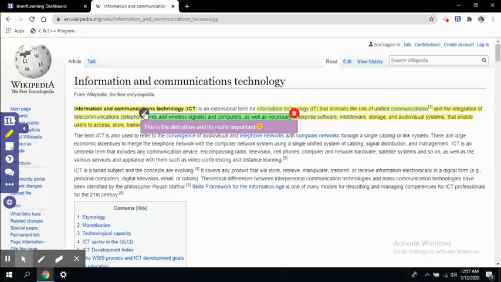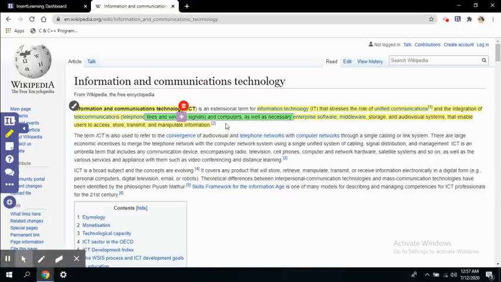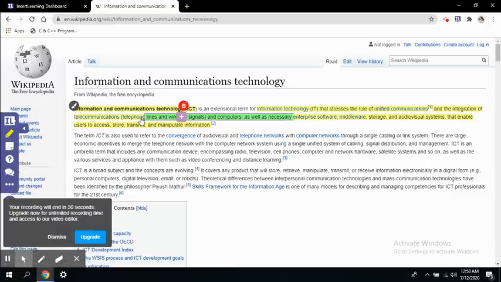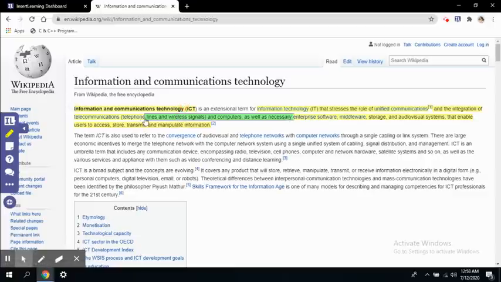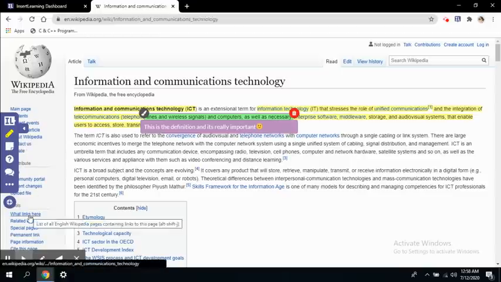That's for the highlight option. All right. Okay. The comment will not pop up unless a student clicks on it. It will appear as a highlighted one in a purple color to show that there is a comment. When the student clicks here, he or she will be able to see the comment. We'll look at the next option, which is a sticky note, in our next video.